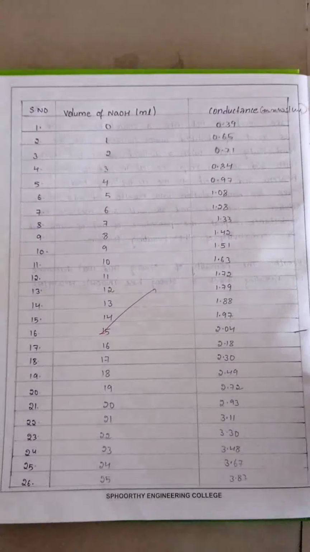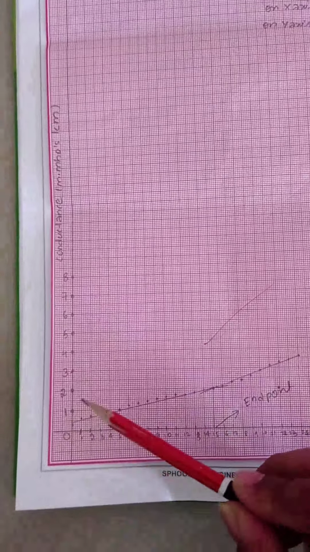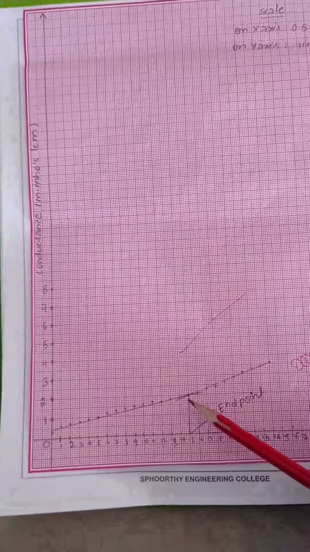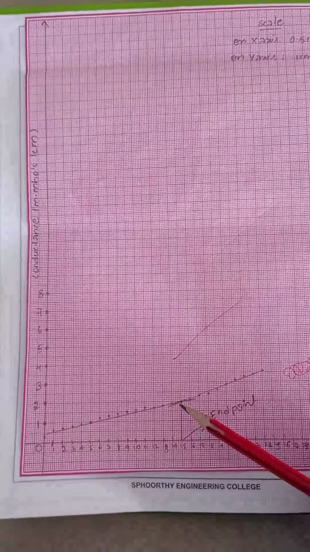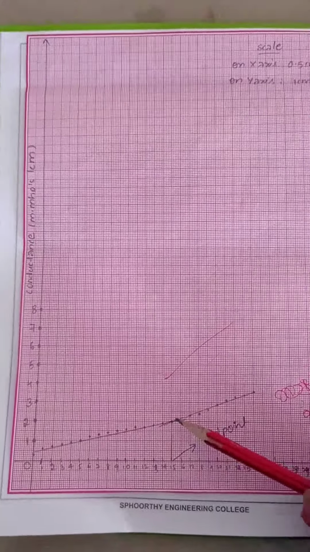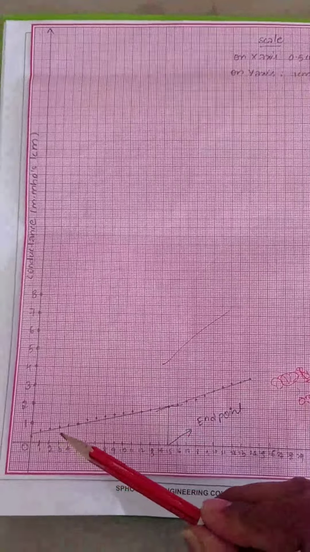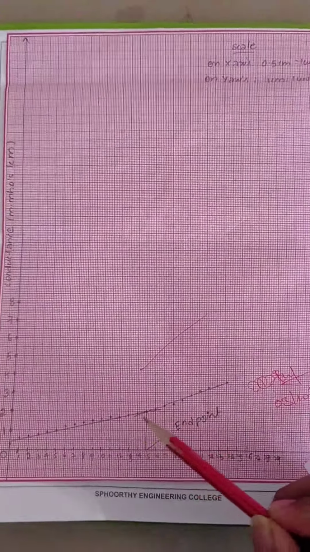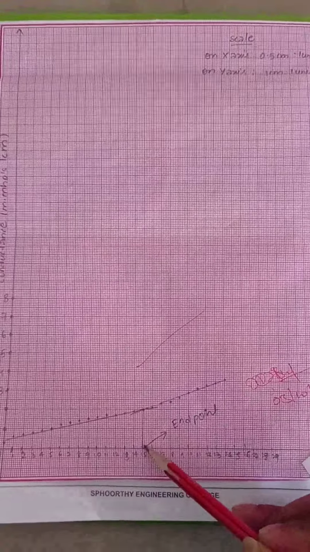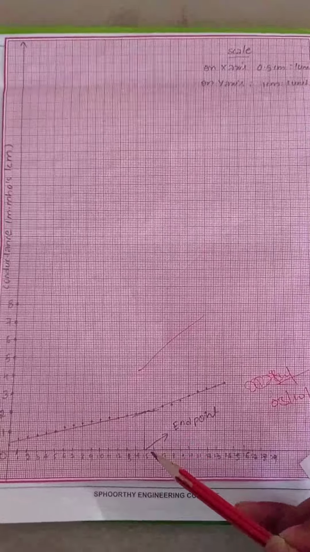By using these values, we can make this graph. In this graph, you can see the conductivity in the initial stage is slowly increased because of the Na plus and CH3COO minus acetate ions, and the moment the complete acetic acid is neutralized, the conductivity is drastically increased here. Now if you draw a line through each set of values, these two lines are intersecting here. This intersection point we can consider as the volume of NaOH required to neutralize the acetic acid, right?